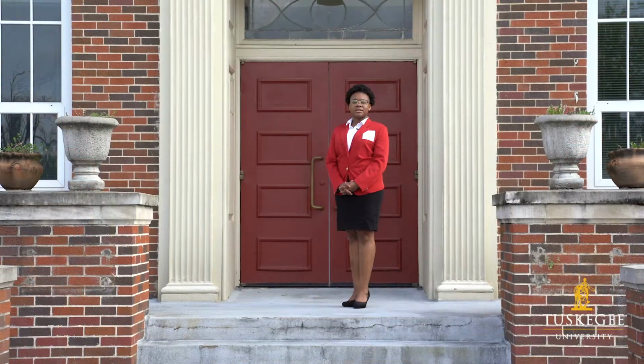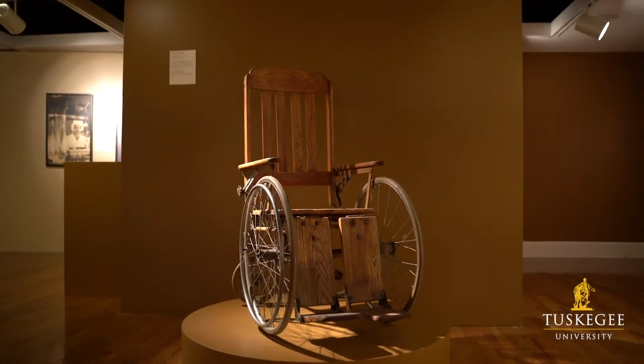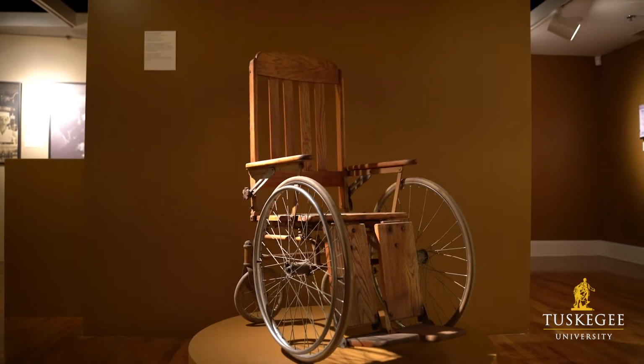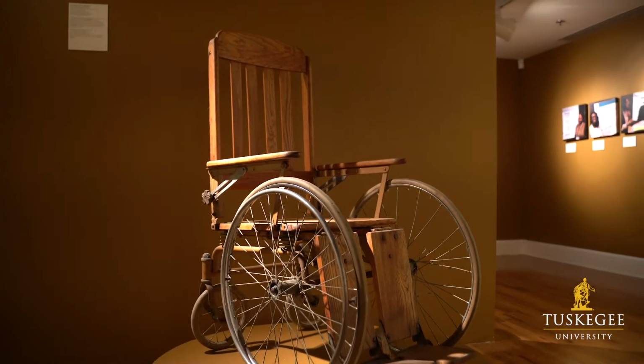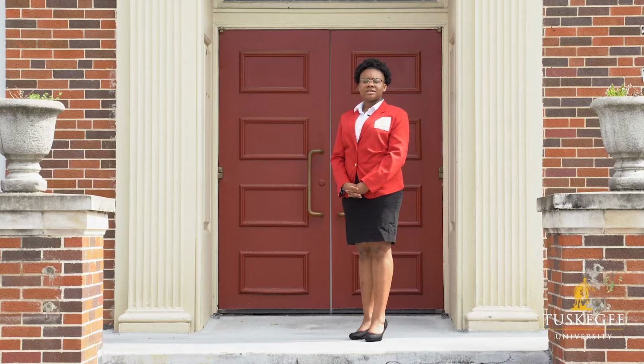The Legacy Museum is the original building of the John A. Andrews Hospital, where George Washington Carver did the majority of his research on the children of polio. In the Legacy Museum, you will find a wheelchair created by the students of Tuskegee University that was designed by George Washington Carver himself. Dedicated to the 599 participants of the United States Public Health Study of Untreated Syphilis in